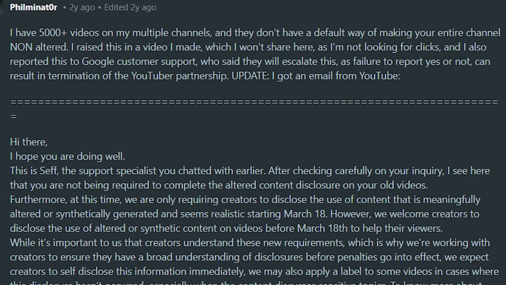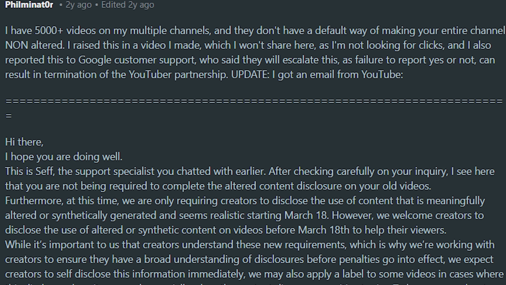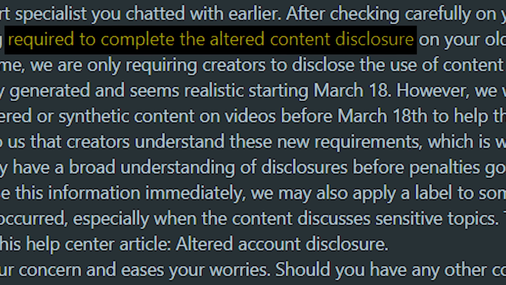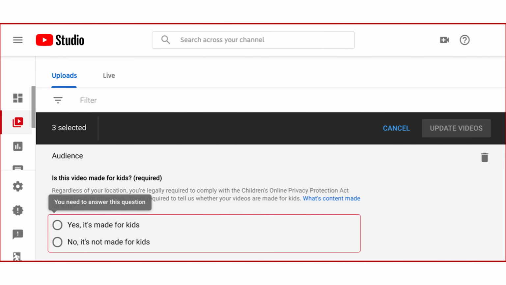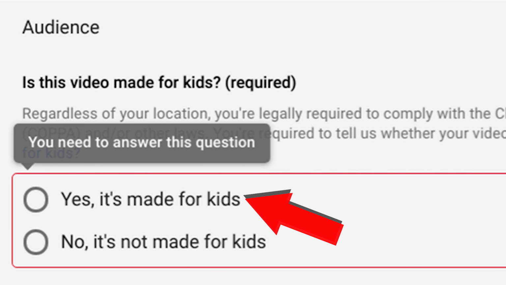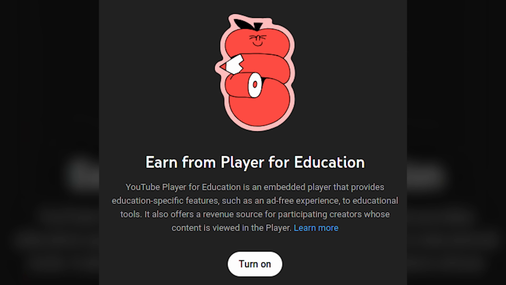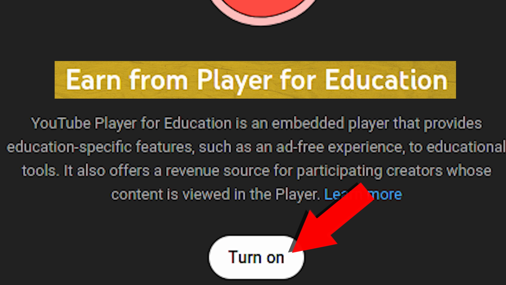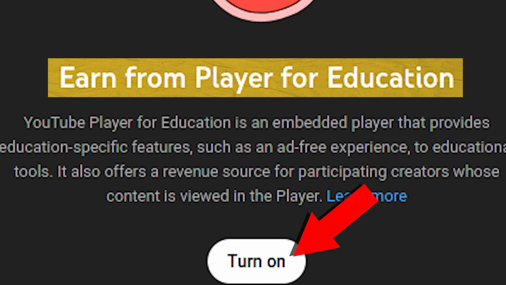If you turn this on, I believe that YouTube is going to throttle your video a little bit because YouTube has a massive problem with AI created content. Another one you might accidentally turn on is made for kids. If you turn that on and your video is not made for kids, YouTube is almost certainly going to throttle your content. Another one is turning on player for education if your video isn't specifically designed to be played in schools, right? If your video isn't specifically designed for that, not to say it wouldn't be played in schools, but if it isn't specifically designed to be played in a classroom setting, then do not turn on player for education,